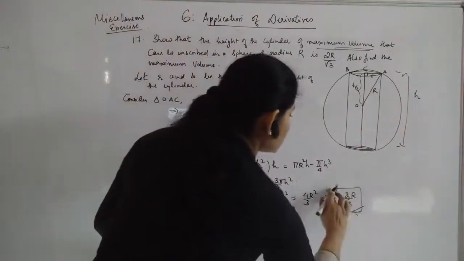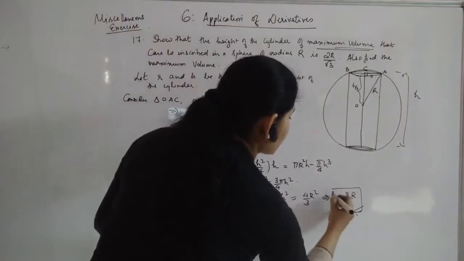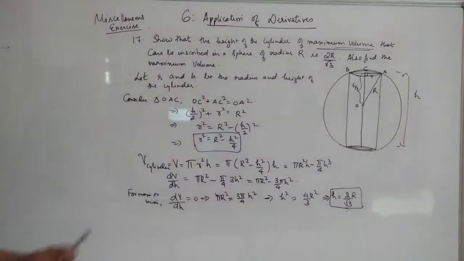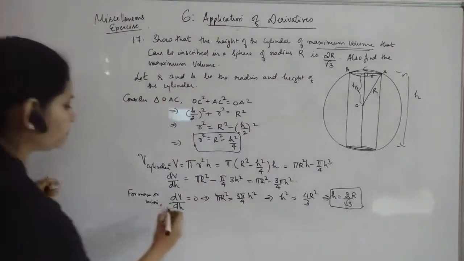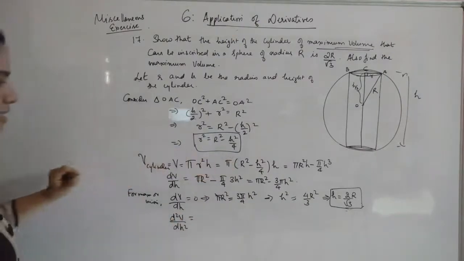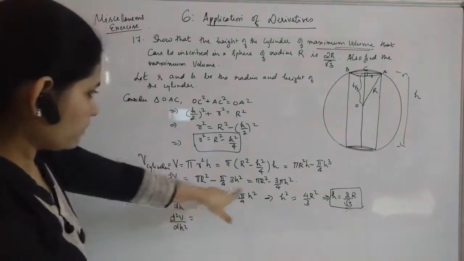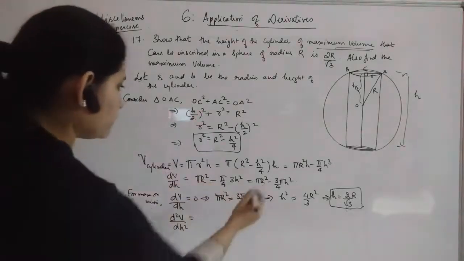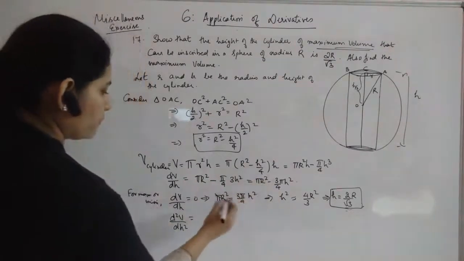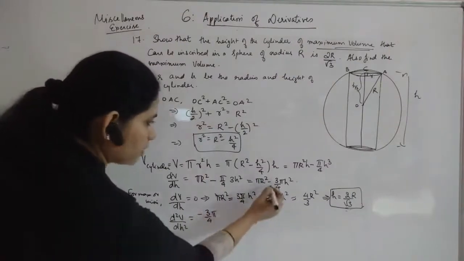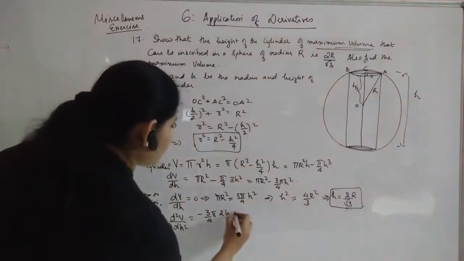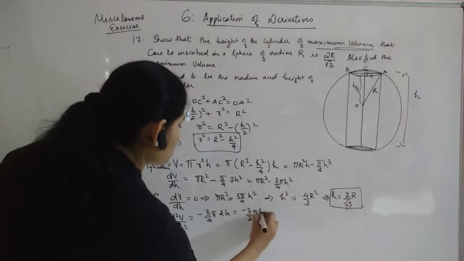Now you have to tell whether this will give the volume to be maximized or minimized. So this is actually the critical point. Now we have to check the second derivative, d square V by dh square. First we will find it and then check at this point. This is dV by dh. Here the first term is a constant, you don't have any h there, so it becomes 0. Minus 3 by 4 pi is a constant, and differentiating h square with respect to h gives 2h, so it is minus 3 by 2 pi h, correct?